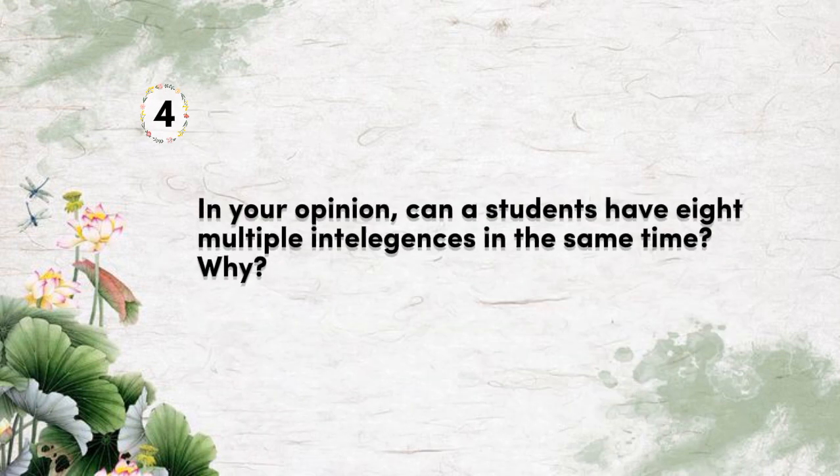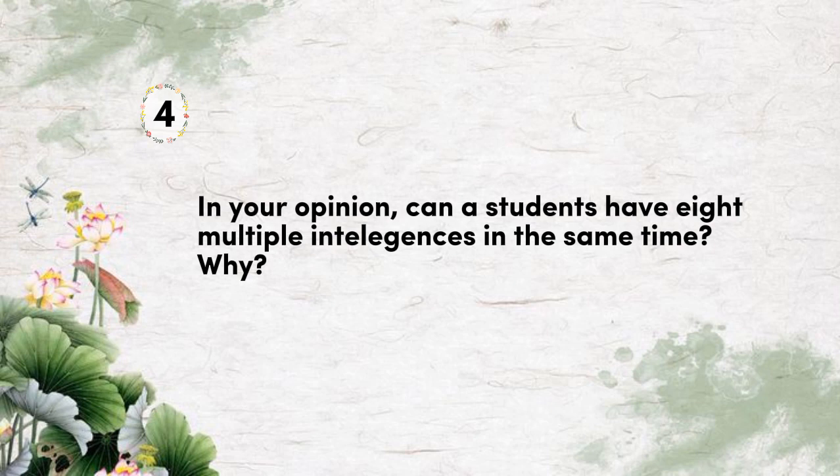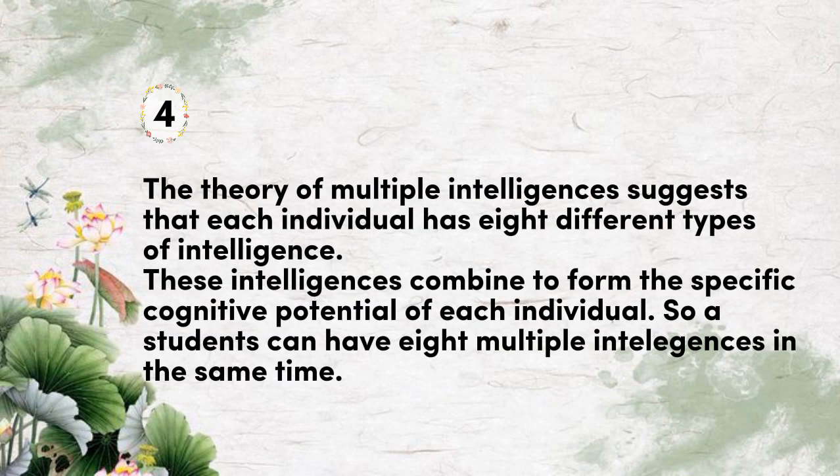The next question: in your opinion, can a student have eight multiple intelligences at the same time? Why? The theory of multiple intelligences suggests that each individual has eight different types of intelligence. These intelligences combine to form the specific cognitive potential of each individual, so a student can have eight multiple intelligences at the same time. These intelligences thus work together in an infinite number of